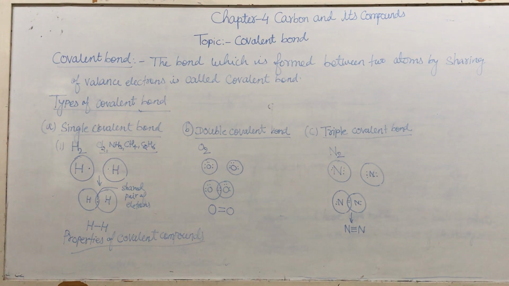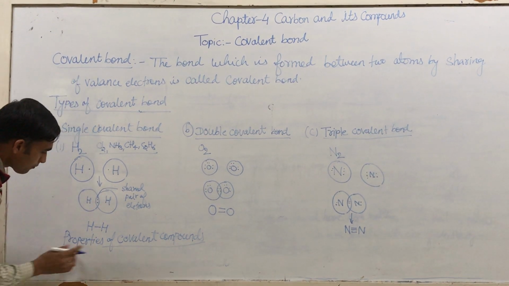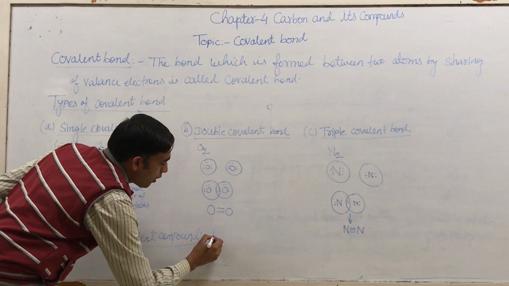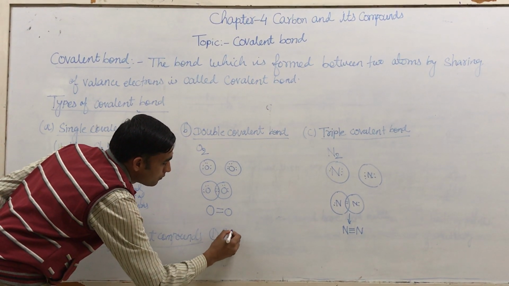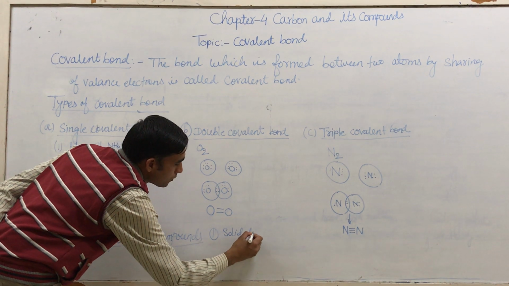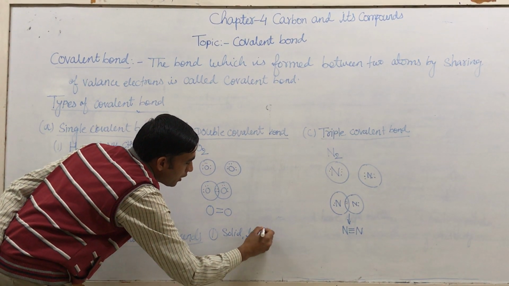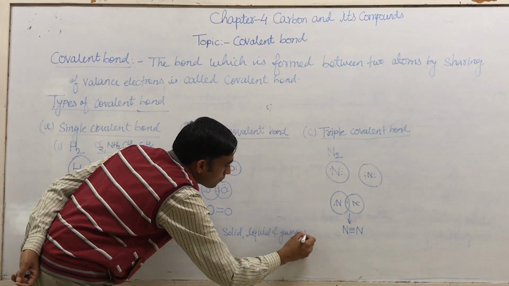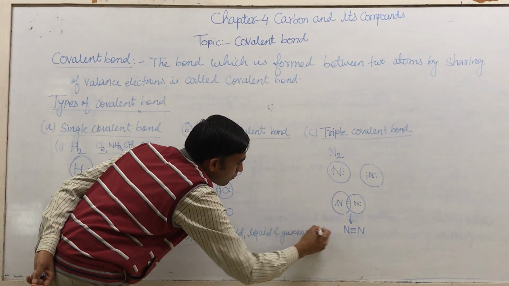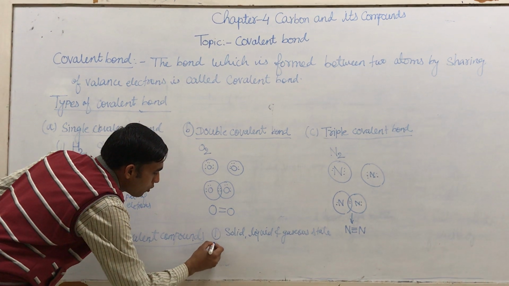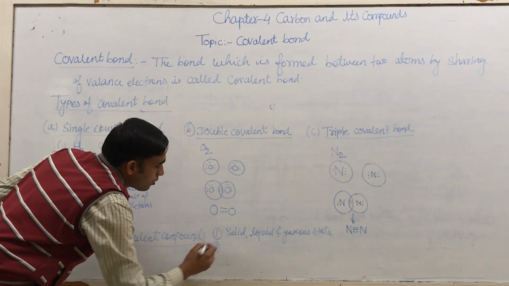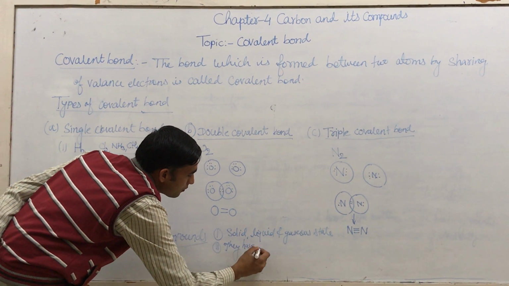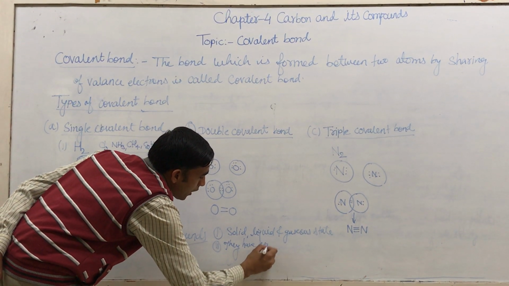Covalent compounds have the following properties. Number 1, covalent compounds are found in solid, liquid and gaseous state. Number 2, they have